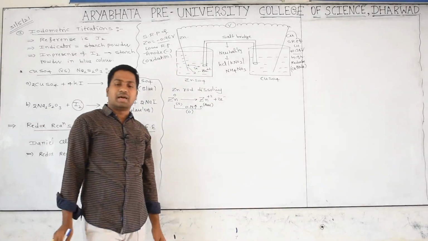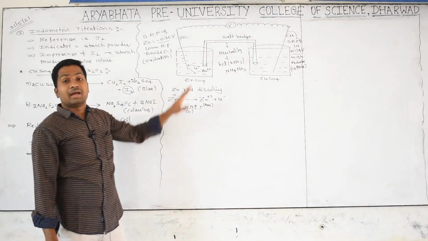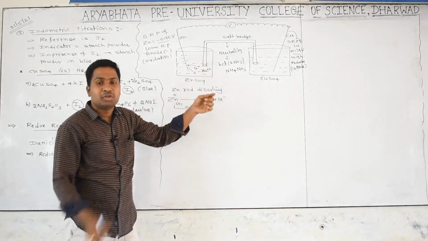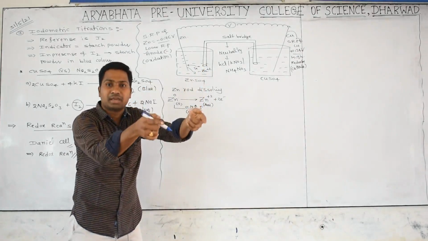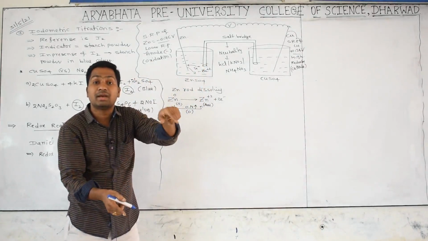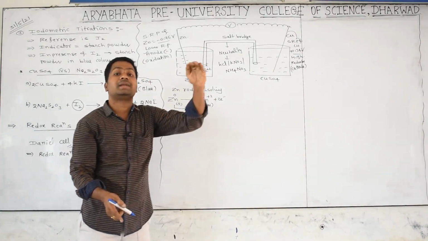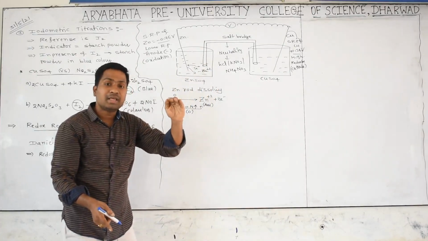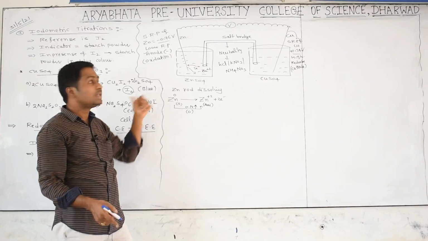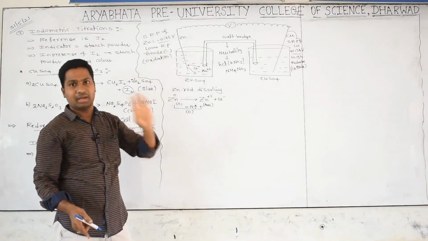Sir, we generally learn anode means positive and cathode means negative. That is in power consumption, where you are giving battery supply to the chemicals, then anode is positive and cathode is negative. But here it is reversed. Why? Here chemicals are giving electricity. While converting chemical energy into electrical energy, that is called a Daniell cell, and there the anode is negative and the cathode is positive.